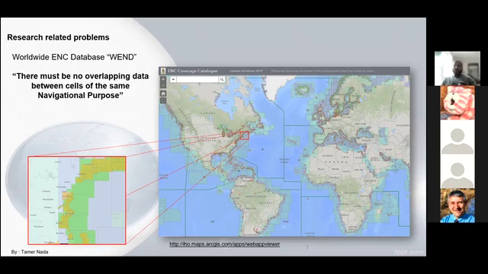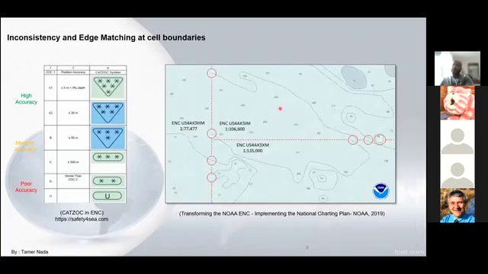So, and there are thousands of others worldwide that have the same problem. To give you an example of the inconsistency and edge matching at cell boundaries, what we see over here